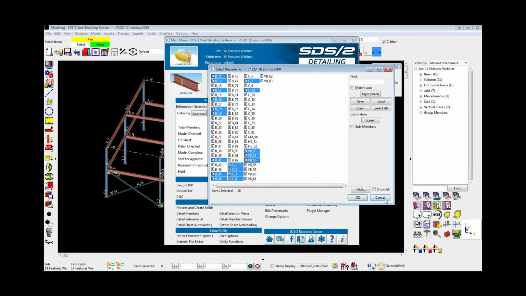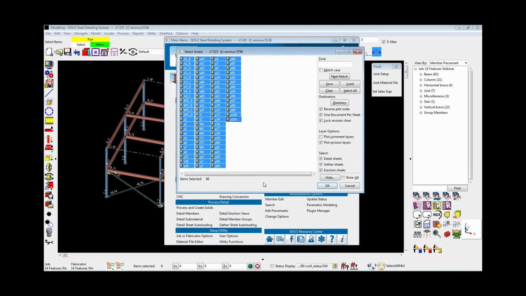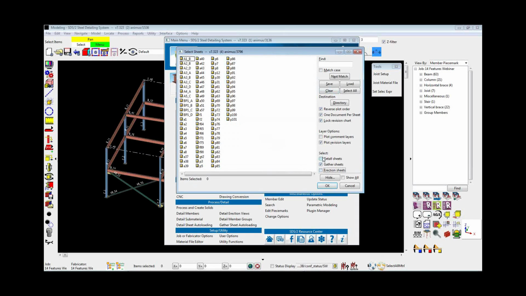Okay. Another thing that's very handy, so I saved my selection for all my materials in sequence A. That was the first thing I did. A lot of times I get the request of wanting to print gather sheets by sequence. Well, if I split material marks apart by sequence and my gather sheets are loaded with one detail per sheet, using the submaterial mark for the sheet name, I could come in here and I did the PDF drawing export,